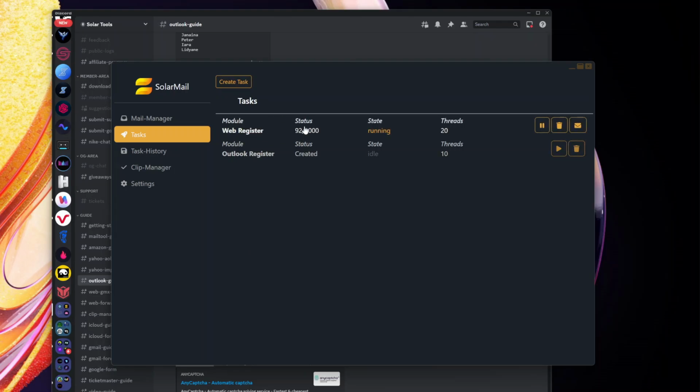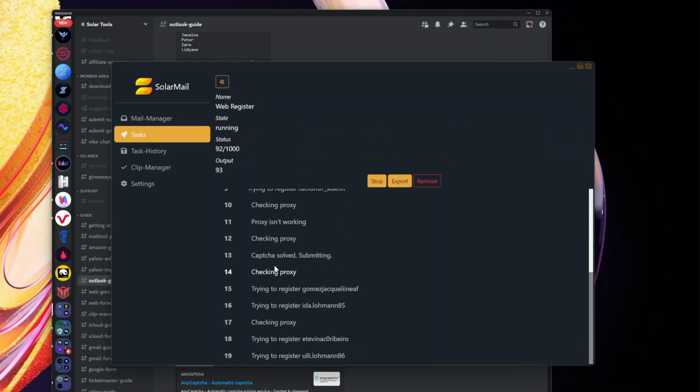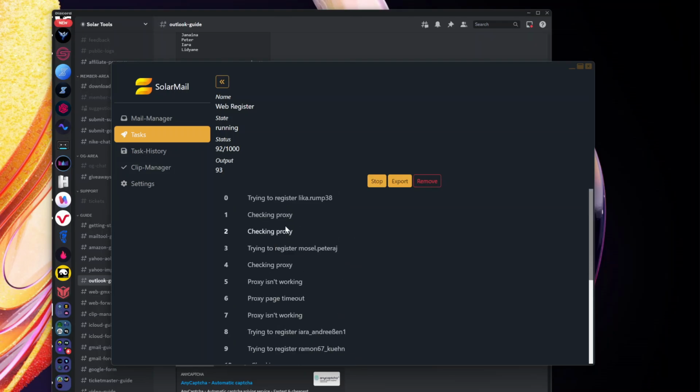Now, I personally have Web Register going right now, which are WebDE accounts that are being created. Any other account type that you're creating is not going to look any different than what I'm about to show you guys here. But ultimately, when you are generating your Outlook accounts or any other account, if you just select it to drill into it, it'll give you task statuses of what's happening. Of course, it'll tell you how many it's been generated out of how many your goal and your target was, and you can take it from there. You can stop them, you can export them directly from here, or you can remove the task group that's being